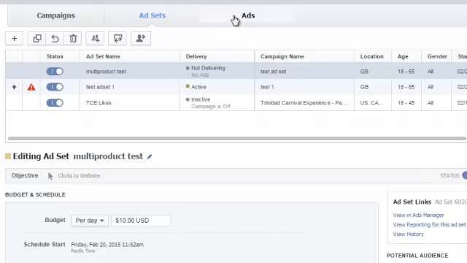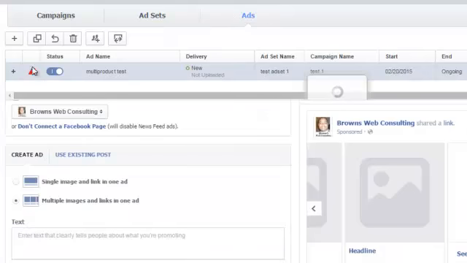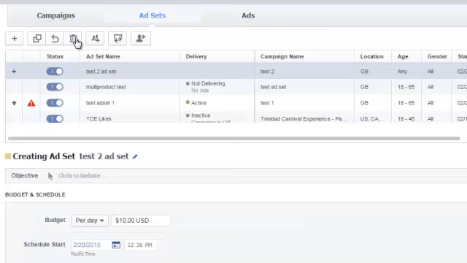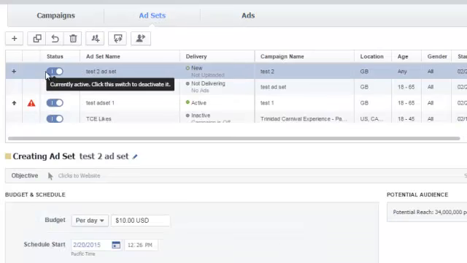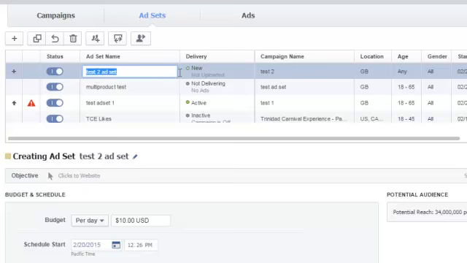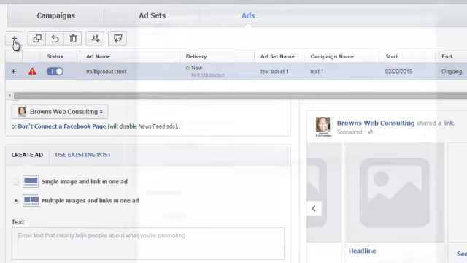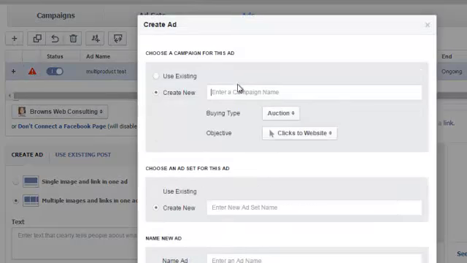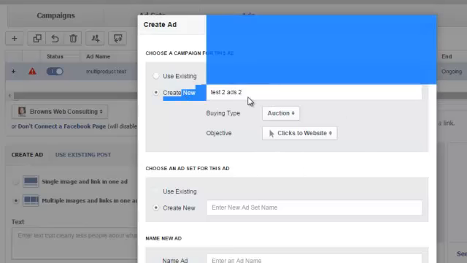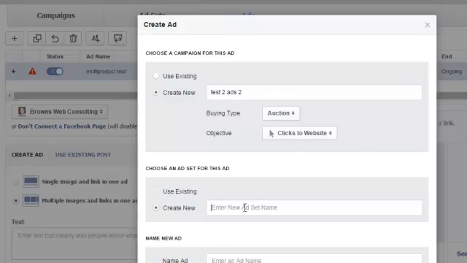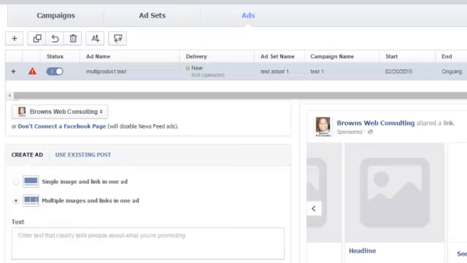And then you want to go to your ads. When you go to your ads, you need to select the ad set, so excuse me, you need to select this ad set. Make sure it's loaded. Oops, you want to click status. Select this ad set, and then you want to add a new ad. We just added a new one, so I'm just going to create that again. Just going to copy this, paste that here, and then paste that there. Once this is loaded,